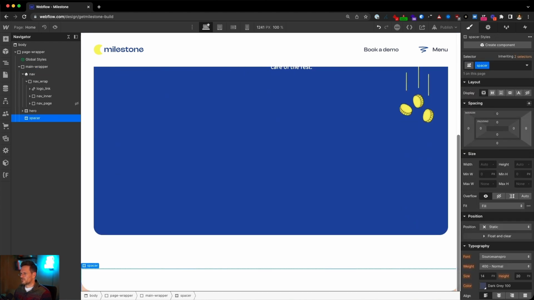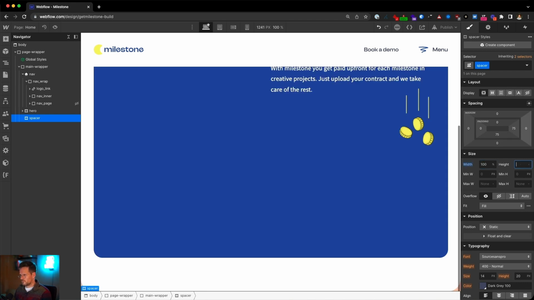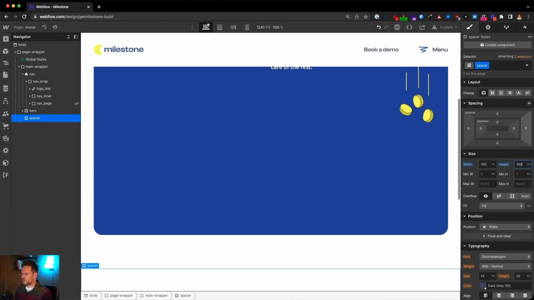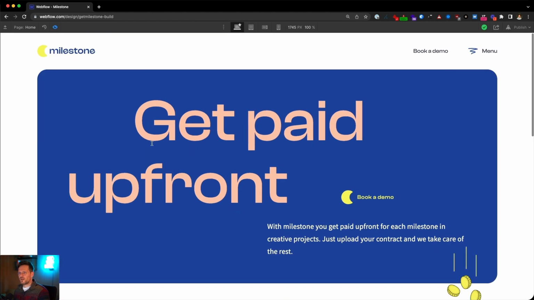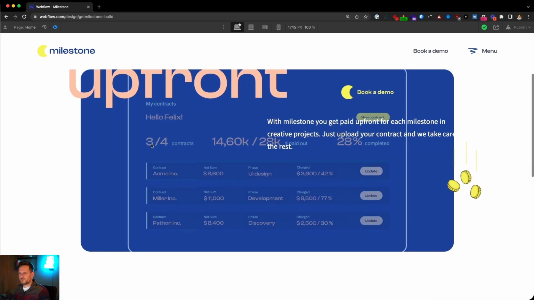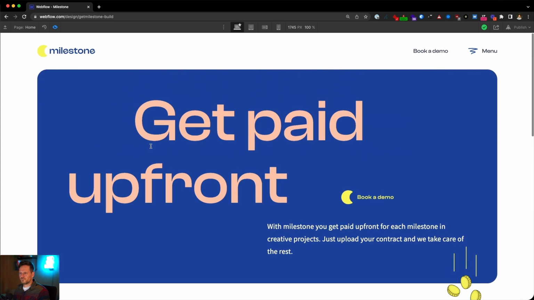Give this the class spacer, and give this a width of 100%, and yeah, something like 100 viewport height. So we are just simulating that there will be content after the hero, and if you turn it on right now, you can see it works.